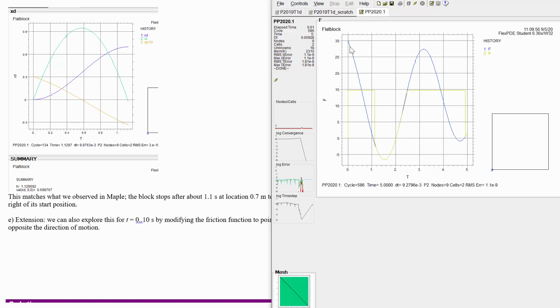So the friction force is at its maximum value as long as the block is moving, and then it stops. And then what is the friction force now? Look at this, it matches when the block is not moving. This part here where the block was not moving, the friction force is just whatever it needs to be to overcome the driving force. Isn't that great? It kind of mirrored and did exactly what you would hope static friction to do, opposing the driving force, because